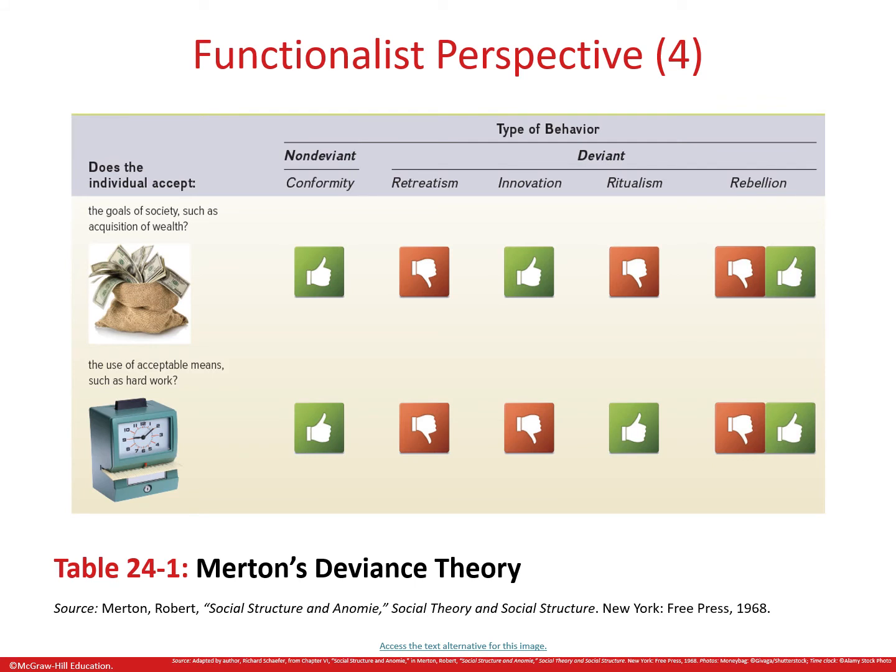Here's a really good illustration of what we just talked about in the functionalist perspective in Merton's theory of deviance. It uses the thumbs up, thumbs down that many of us are used to in our social media. The first is the non-deviant, the conformist, accepting the goal, accepting the means. And so those are the criteria for fitting into these different types of behavior. Please let me know if there's anything you're unclear about in these examples.